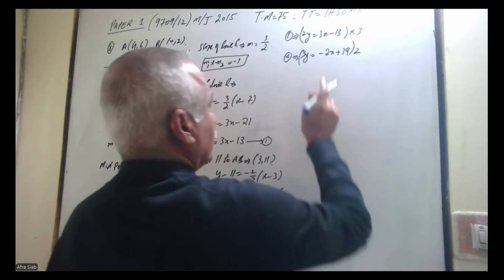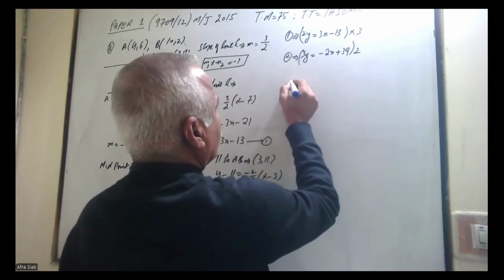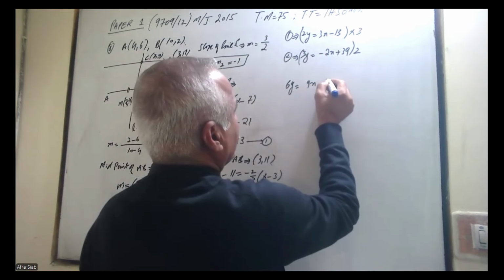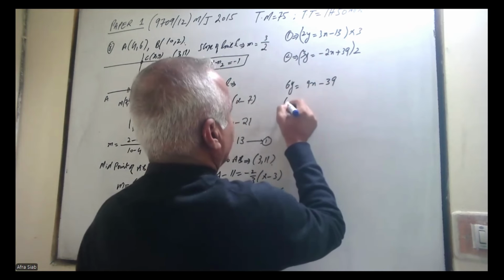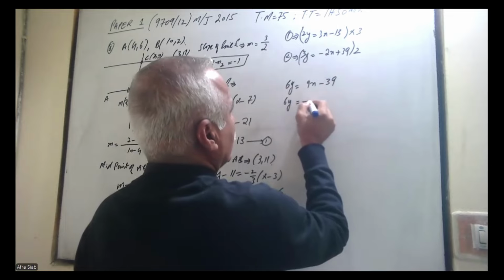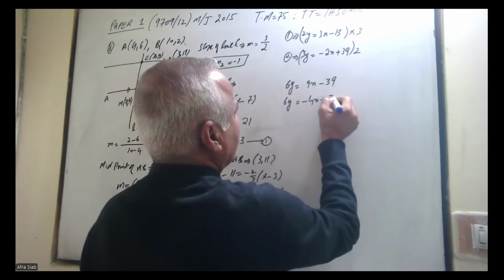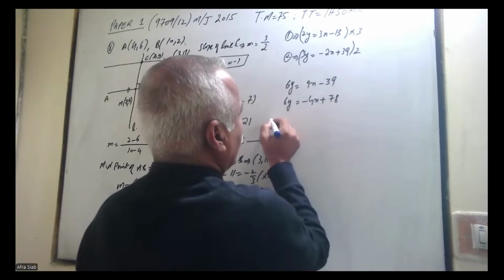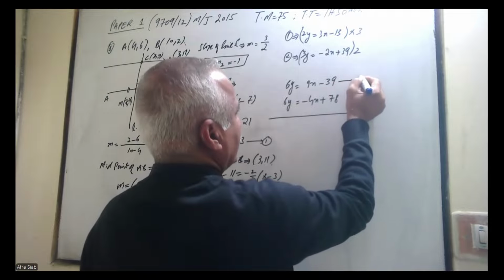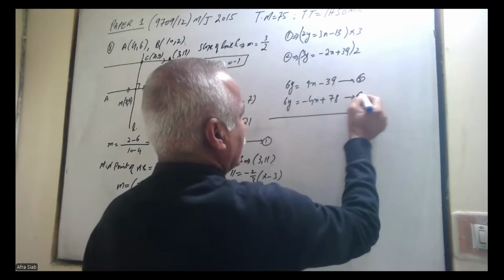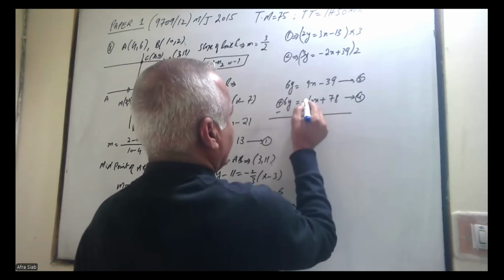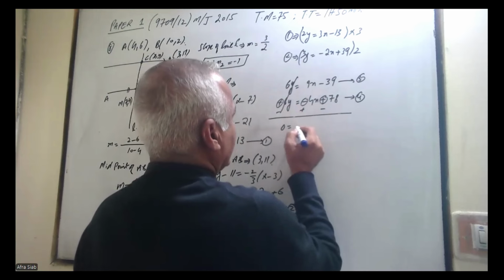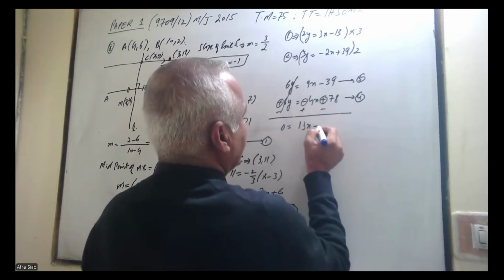So 6y equals 9x minus 39, and 6y equals minus 4x plus 78. Now we subtract equation 3 from equation 4, and the y terms cancel, leaving 13x minus